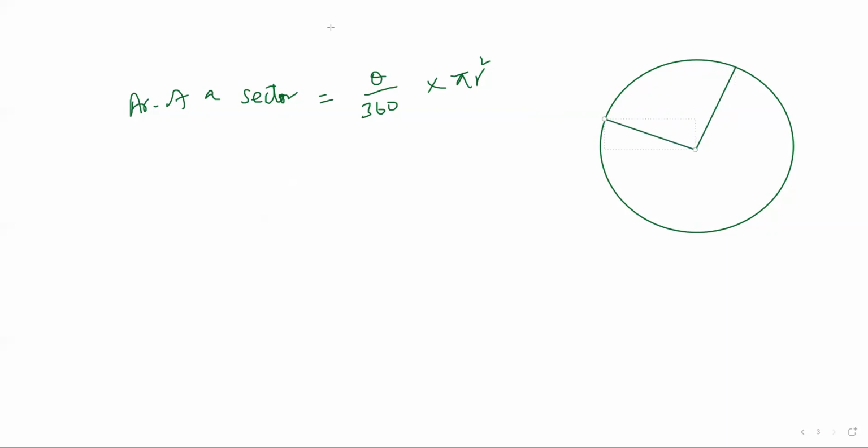Okay, so now the area of a sector is no problem for you. For example, if I give you a question where this angle is let's say 100 degrees and the radius is 12 cm, you have to find the area of the sector. You can easily say, this is going to be 100 over 360 into pi r square, and then you can use your calculator. This is the area of the sector. Now the problem arises when you have to find